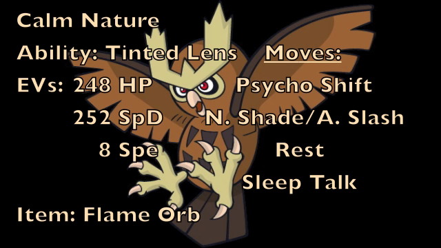And we're also going to be putting 252 EVs into our special defense to give that its max special defense possible, with the remainder 8 EVs in our speed to make us just a little bit faster. And as for the item, we are going to be going with a Flame Orb to inflict the burn status